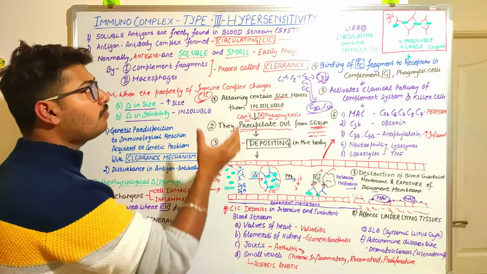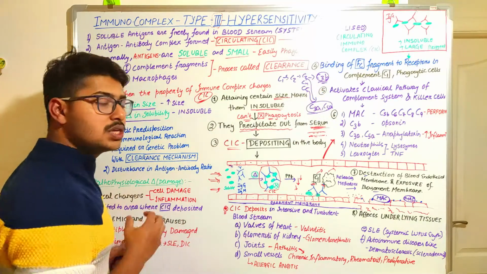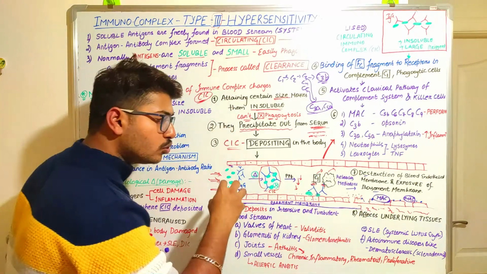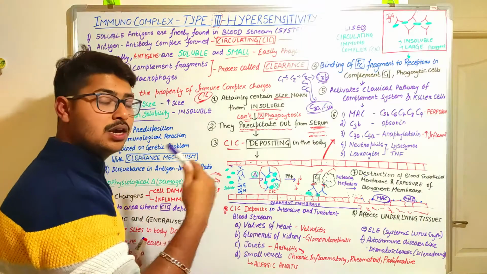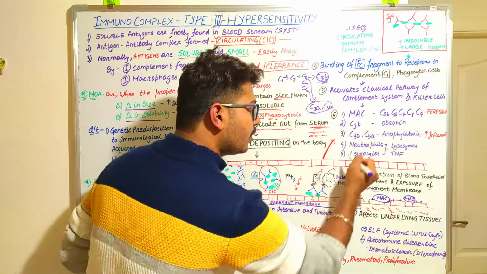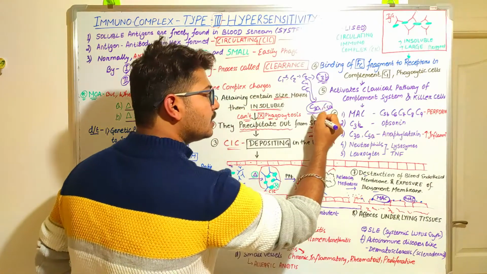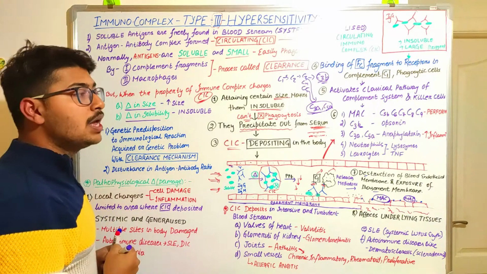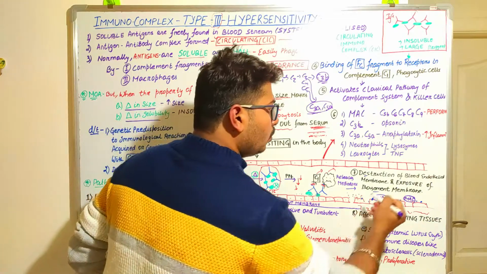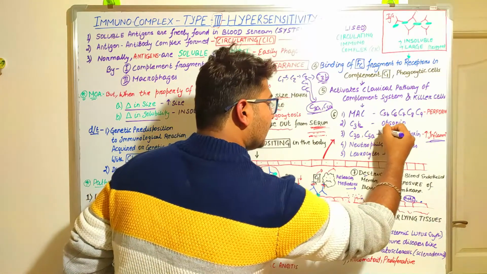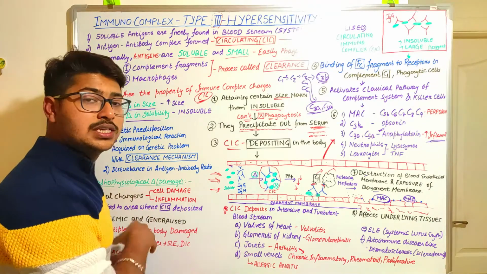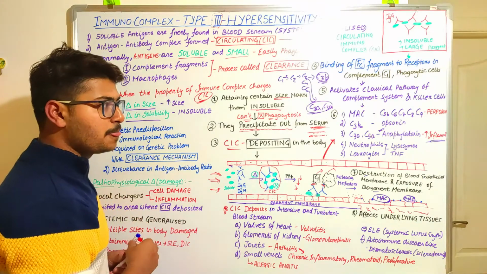In my previous video on the type 2 reaction, this C3b was the opsonin fragment, or opsonin protein, that was depositing over the surfaces of the cell membrane and completing the phagocytic process. So here also that C3b will be activated, and the C3a and C5a elements of the complement will also be formed, which is going to increase the inflammation because they are anaphylatoxins, which are going to stimulate the process of anaphylaxis.